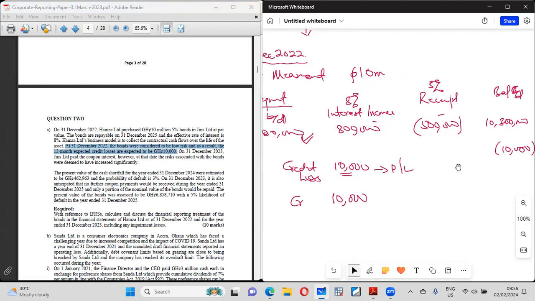The only reason why it is on the 10 million is because this was done at the end of the year, and that is the value, 10 million. So ladies and gentlemen, in this case, our carrying amount as at the end, for this particular bond, is going to be 10 million,